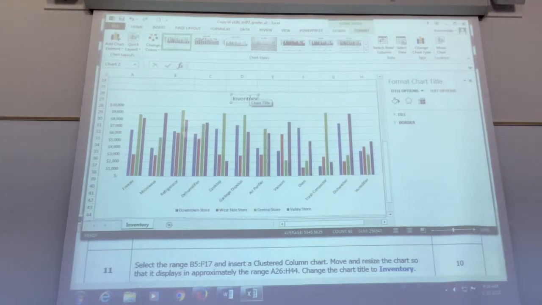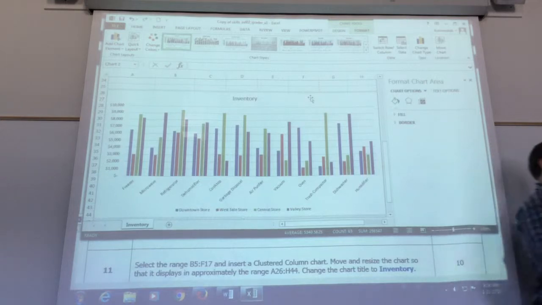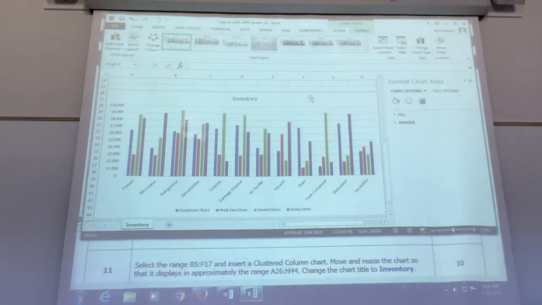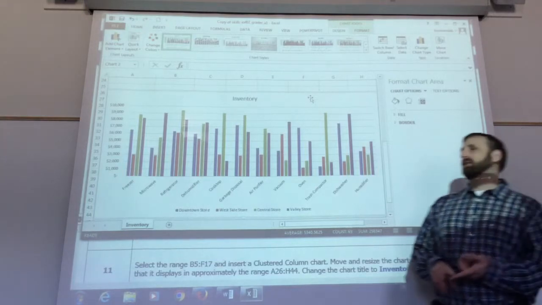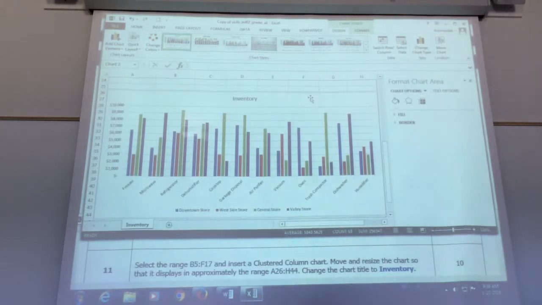Here, to accept it, you can't press enter on this. You actually have to click somewhere in the white space. But I believe in the training exercise, you have to press enter to accept the title. So try both. After you type the title in there, press enter on the keyboard. If that doesn't accept the answer, just click somewhere in the white space. Yes? I lost the whole title frame. So just click on the